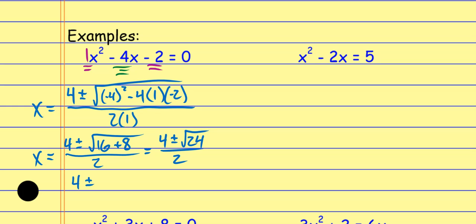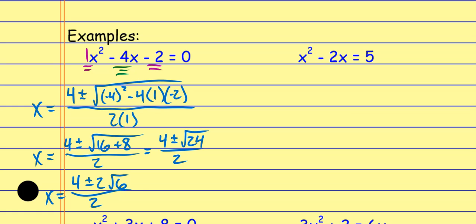24, that's 4 times 6. The square root of 4 is a 2. The 6 is still trapped. And again, take that off to the side if you need to, all right? Hopefully you're getting close to being able to do that in your head, but if you're not, take it off to the side. And now the last thing I can do here, because everything's divisible by 2, all those outside